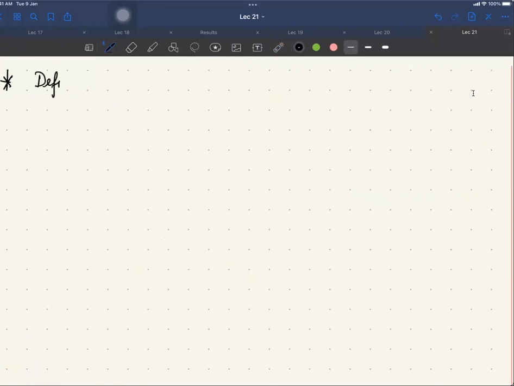So define gamma m to be the limit epsilon to 0 of mu over m times d m by d mu,